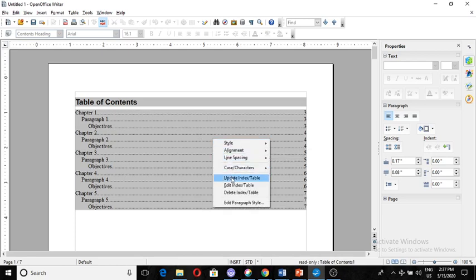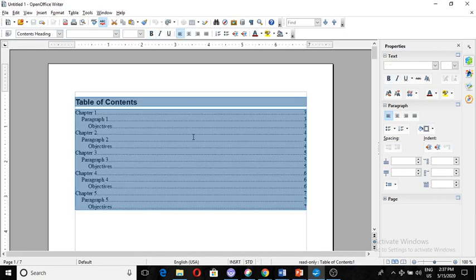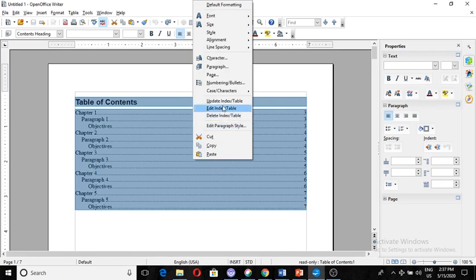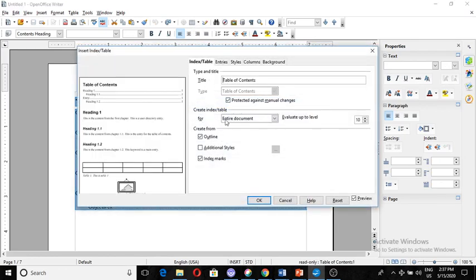Your index table will be updated. Let's see other options. I go to edit. If I want to delete this index table, just press delete. The index table is deleted. Undo it, get it again. I go to edit. Now let's see other options. I come to the background.